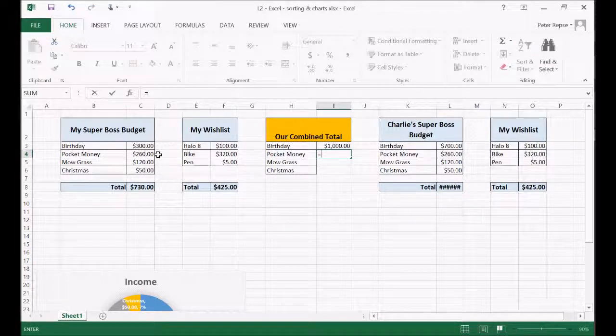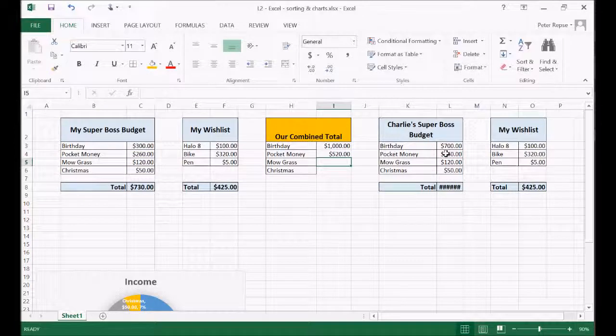Now we could manually keep typing these, and I'll do it just for the sake of this tutorial. Equals pocket money plus pocket money. But once Excel realizes what you're doing, it can detect a pattern. So I'm going to show you a little trick. Bottom right hand corner of this cell, your icon will change into a smaller cross that's solid black. When it's like that, you can click on it and drag the cells